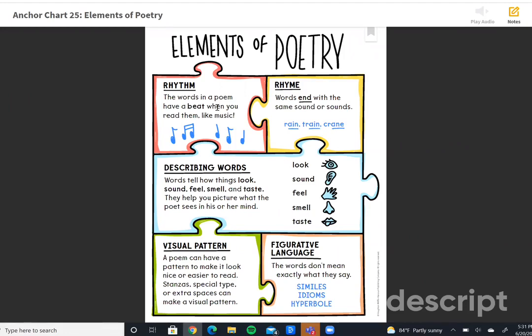And so, as we get into poetry, understand that poems are full of figurative language, full of words to describe. You may find words that rhyme, you may find a rhythm, and you may find a visual pattern. Today, though, I want you to be looking out especially for the figurative language that you're going to encounter. So let's go into this text